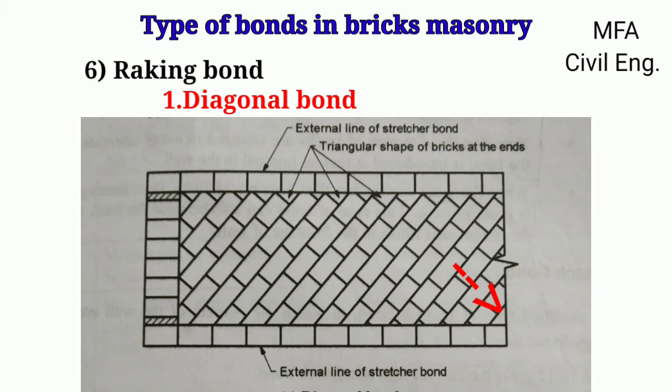When the wall is 2 or 4 bricks thick, then the diagonal bond is suitable. The bond is introduced in masonry work at a regular vertical interval, normally at every 5th or 7th course. Note that the direction of the bricks is reversed in every alternate course of the bond.